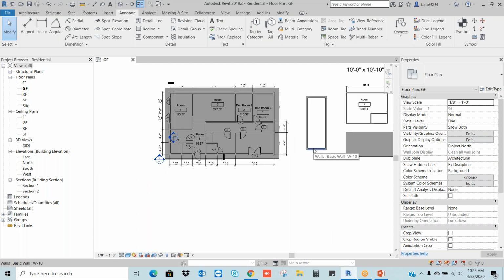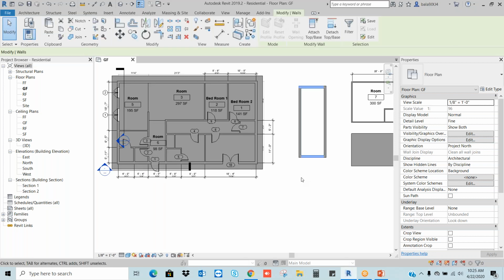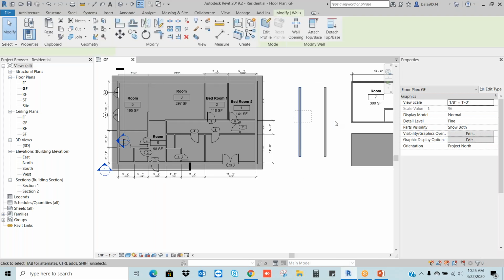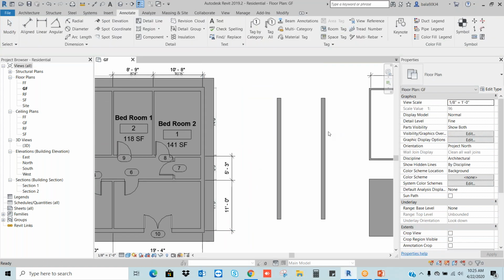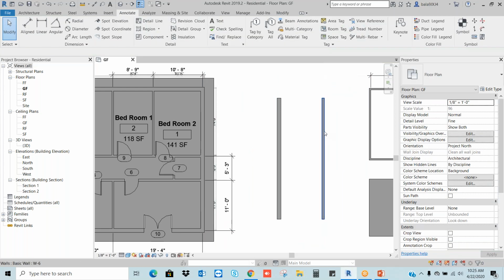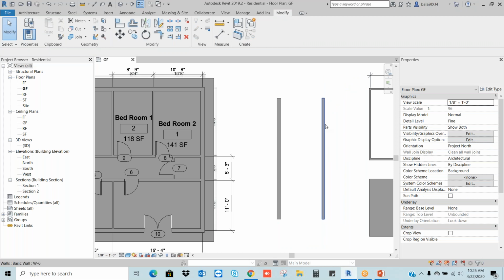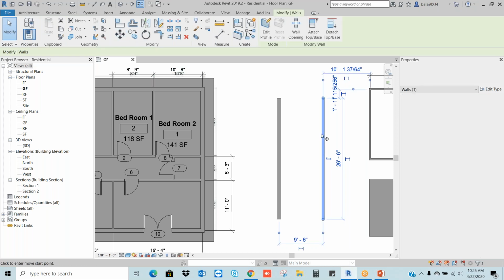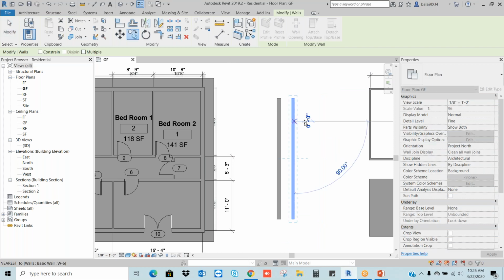Let's say, for example, I am taking this wall. Say this is wall 10. I am going to change it to wall 6. Copy.